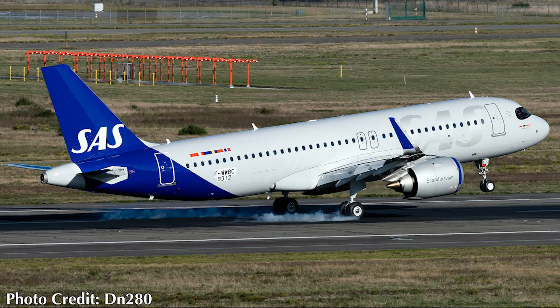Alright, the very first new livery SAS A320neo has appeared. I know I have not covered the new SAS livery or their A350, but here I'm covering it now, and I'll get to the A350 hopefully next episode. But we have the very first A320neo. This aircraft is wearing the test registration of Foxtrot-Whiskey Bravo Charlie. This was photographed on the 25th of October at Toulouse, and it's an